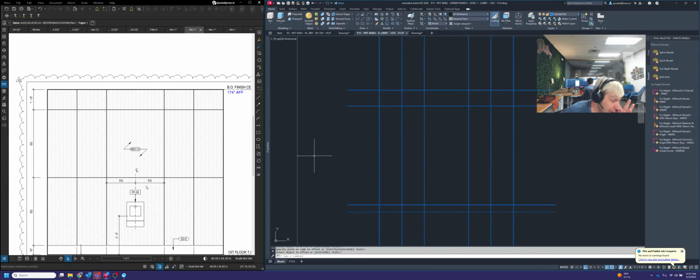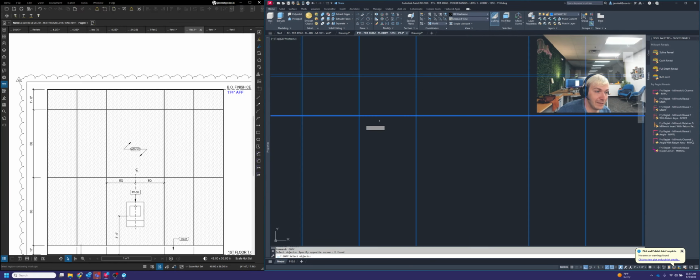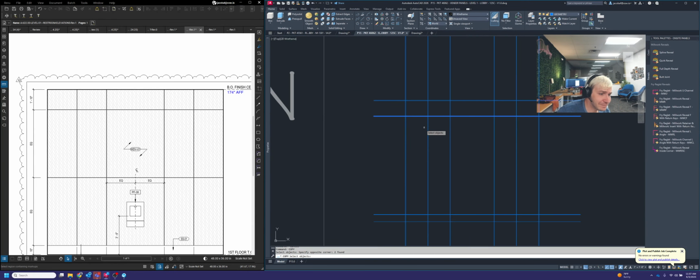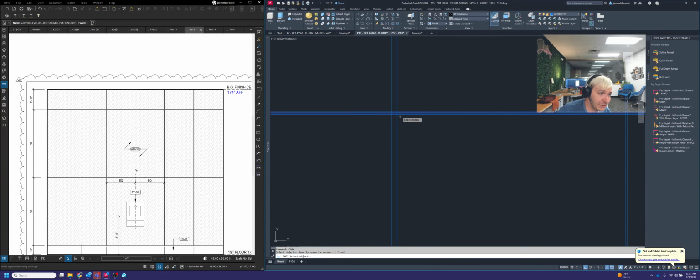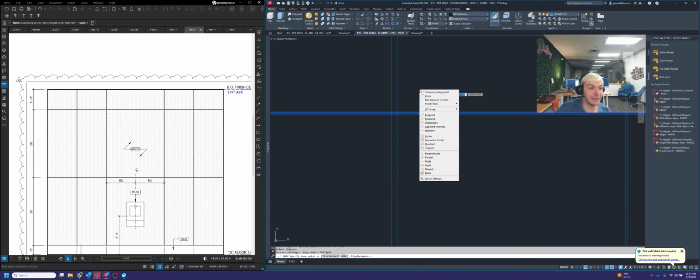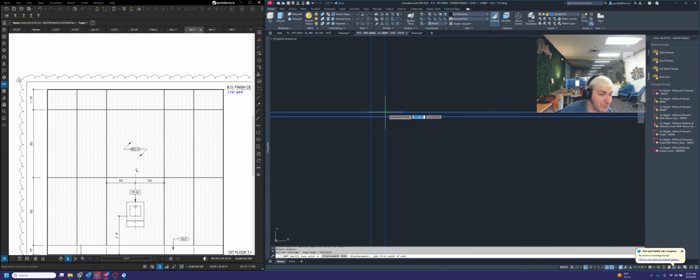So to get those to be equal, there's a couple ways you can do it. The thing that I like to do the most for making those equal is I'm going to copy these two lines that we just made, that quarter-inch spline reveal. All right, and then what I'm going to do is hit enter. And when it says specify base point, we're going to shift right click, mid between 2 points. We're going to go between this point and this point here, which will give me the dead center of that